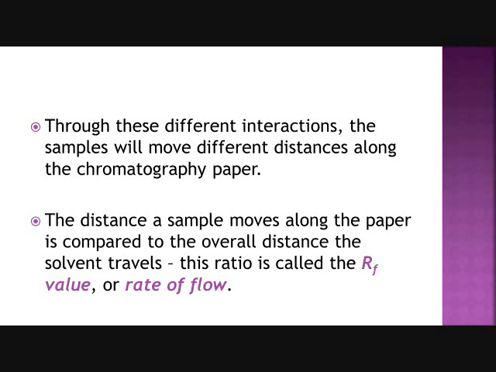I have the equation in your notes and it's on the next slide for the example, but it's a ratio of the distance the sample travels versus the overall solvent distance. You should never have the solvent be below the last sample. The solvent should always be above the last sample, okay? But when you solve for it with this ratio,